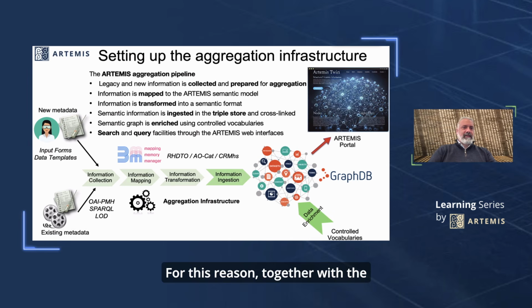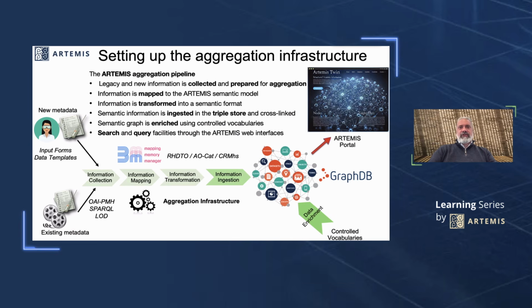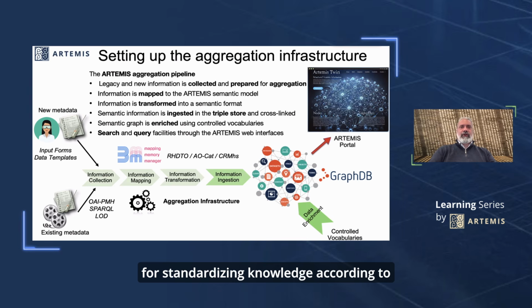For this reason, together with the ontology, we have also defined several strategies for standardizing knowledge according to the ontological schema. And these fundamentally consist of collecting and preparing the data, both the existing and the new one that will come, and in transforming and converting them into the Artemis ontological format